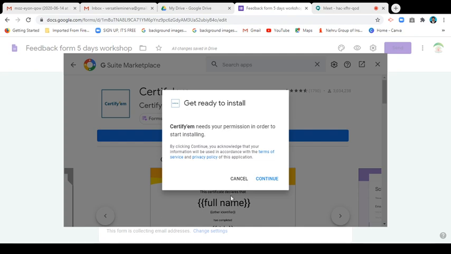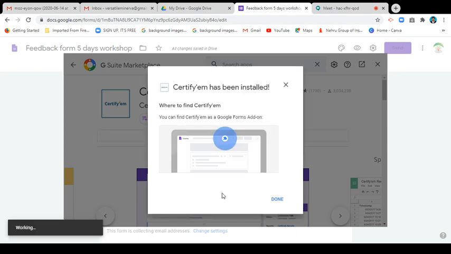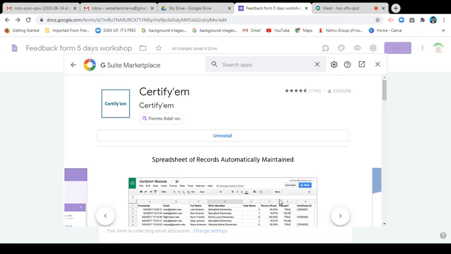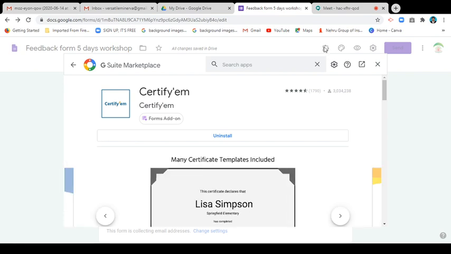It asks to allow your contacts and all those things. Yes, now we install Certify'em in our feedback forms. After getting the installation, you can see this icon near the themes icon. You can see my arrow cursor.